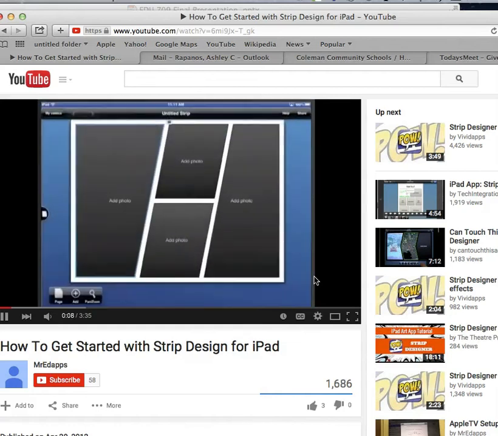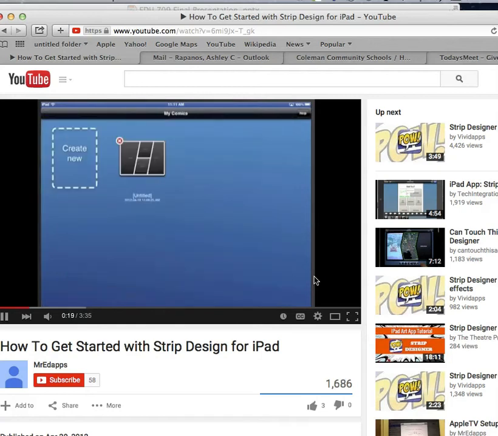And here's the app. And this looks like somebody's already been playing in this iPad, so I'm just going to click on the My Comics button in the top left-hand corner. And I can see all my comics here. There's one. I'm going to start a new one, Create New. Touch on that, and I can choose